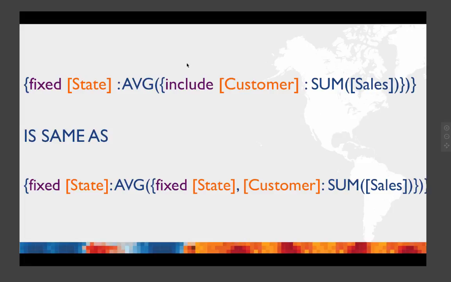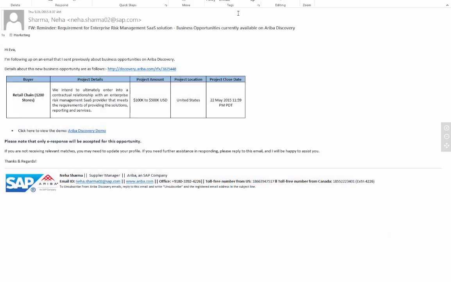So what's happening here is you can see I have a nested calculation. The inner calculation is include customer, sum of sales in the first case. Then we wrap it in an aggregate, and it just goes into the next one like any other aggregate. So it's no different from sales in the inner calc, except that we have a whole LOD expression inside an average aggregation.